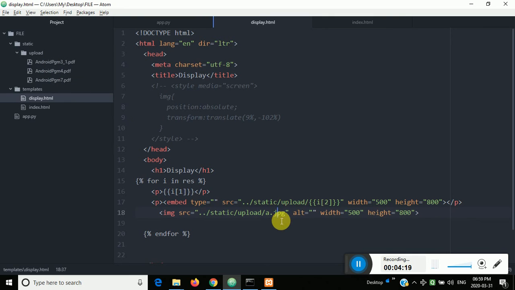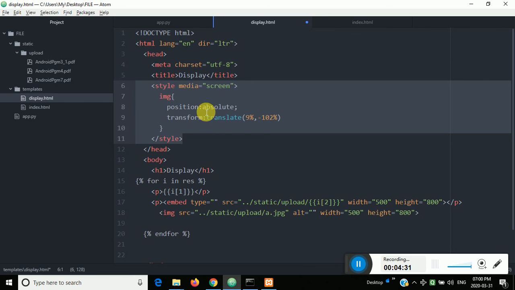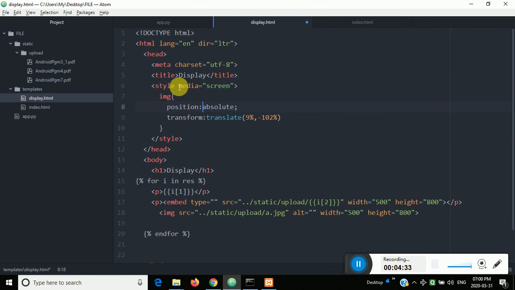Just I had given a name, that is a.jpg, and next is what, I have set the position of that, that is style position absolute, and transform translate 9%, 1 not minus 102%. So what happens, it will come above the PDF file.